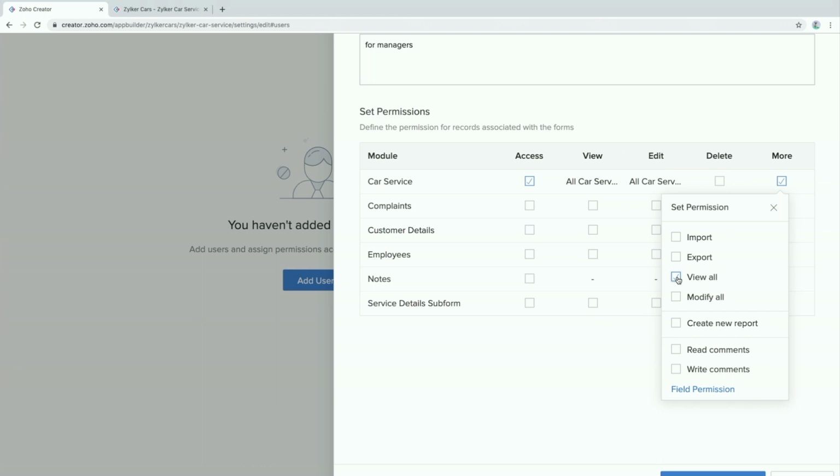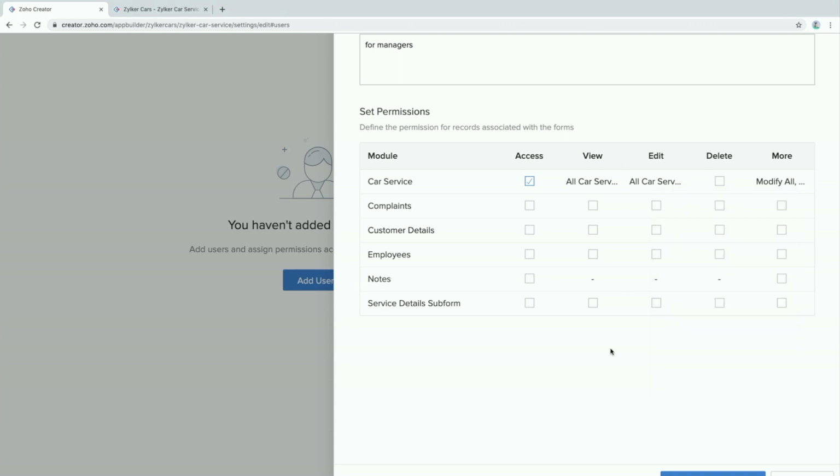And similarly, you have edit and modify all. With edit permission, I will have the ability to edit the records that I have added. With modify all permission, it's more like a supervisor. I'll have the permission to edit any records that are submitted into that specific module. Clear? So I'll also go with these two. Whatever is there, the bottom three options, we'll discuss that later in this session. So we are good with the car service, and we'll go with compliance.